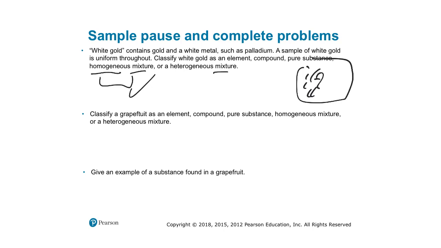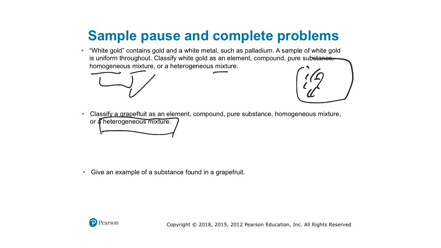Okay, so let's classify grapefruit as an element, compound, pure substance, or a mixture, and if so, what kind? So obviously a grapefruit, thinking of the entire fruit, has the peel and the rest. So this is a pretty clear example of a heterogeneous mixture, and obviously it has a lot of different substances like water, sugars, and materials